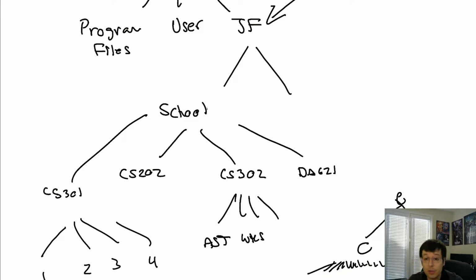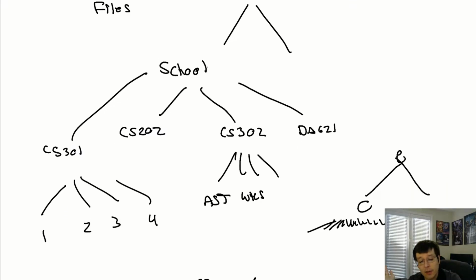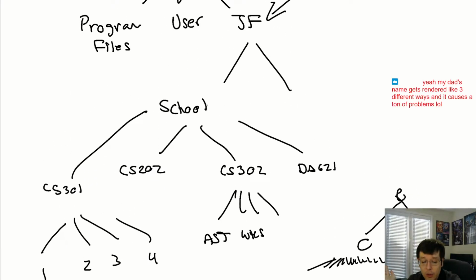Whereas hierarchy is useful because you're like, okay, I'm looking for something school related. Say I really like this assignment I gave in 302 a couple of years ago, but I don't remember the assignment name or what number it was. Well, I know that if it was for 302, I can work my way here and then just search in this subsection, right? So this can really speed up your access time. Okay?